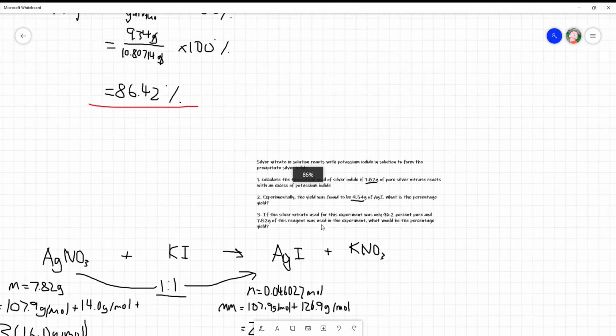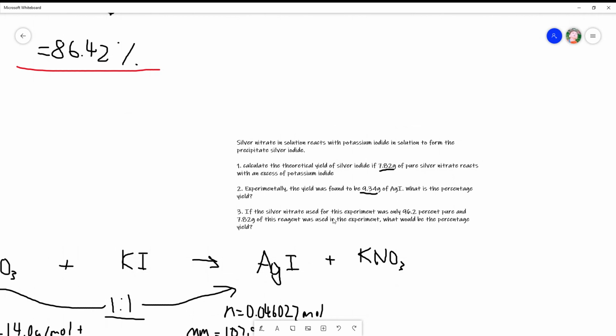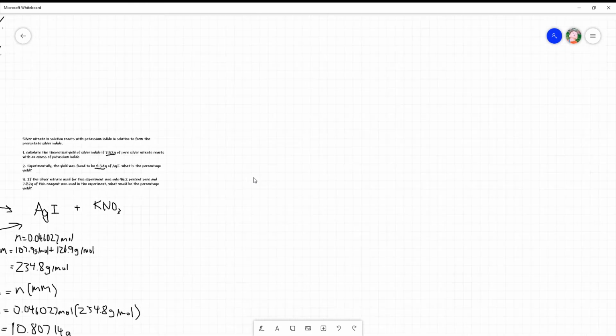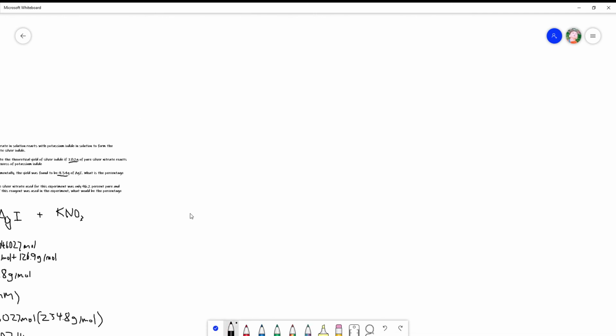And now onto the last part. If the silver nitrate used for this experiment was only 96.2% pure, and 7.82 grams of this reagent was used in the experiment, what would be the percentage yield? Now once again, we are going to need a balanced chemical equation. So we will start with